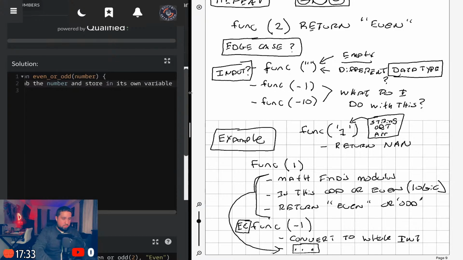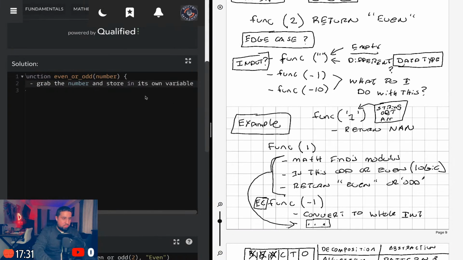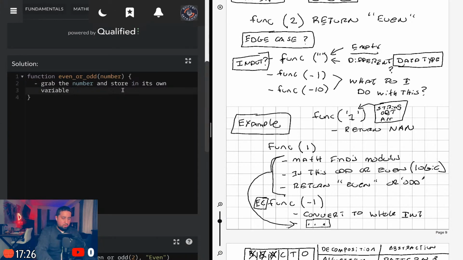Oh, this needs to open a little bit. For immutability